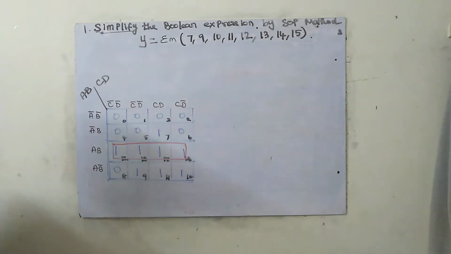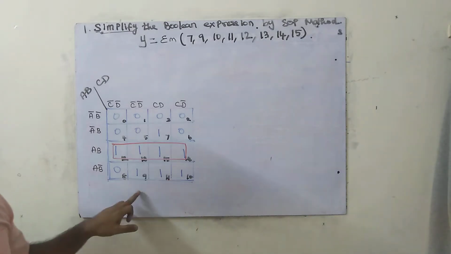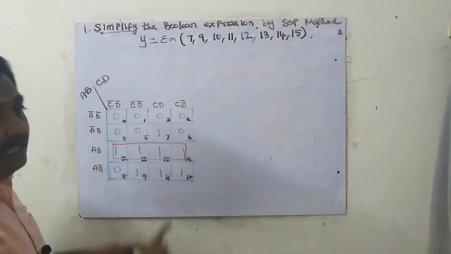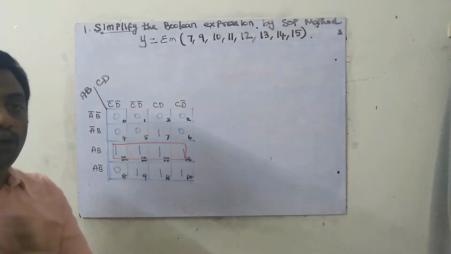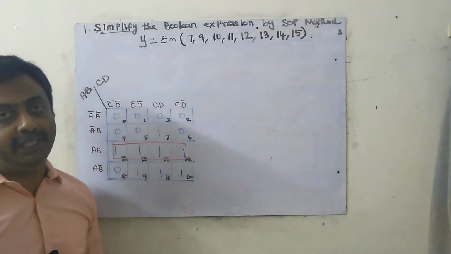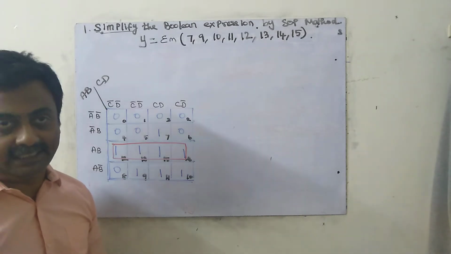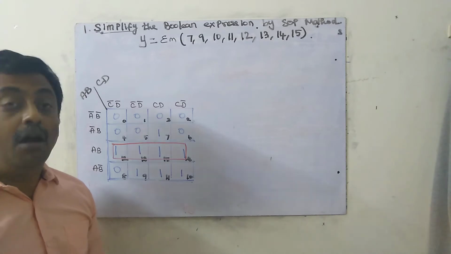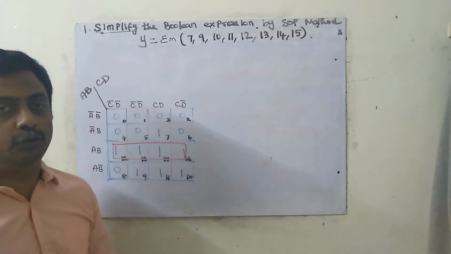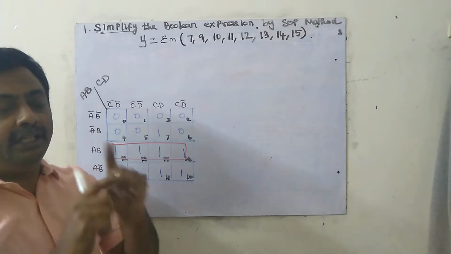See how many numbers are there? 4 is there. I have boxed this. So all these ones have been boxed. Now I have to check these 3. Can I box all these 3? No. Otherwise can I box 6? 6 is not allowed. Why? It is not 2 power n. Because the number of 1s inside the box should be 2 power n. 2 power n means it should be either 16, or 8, or 4, or 2.